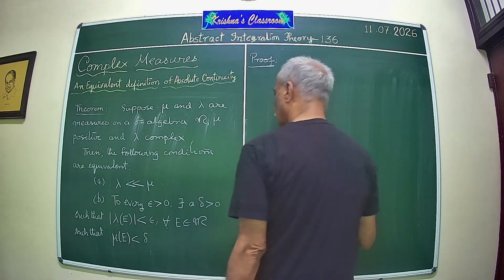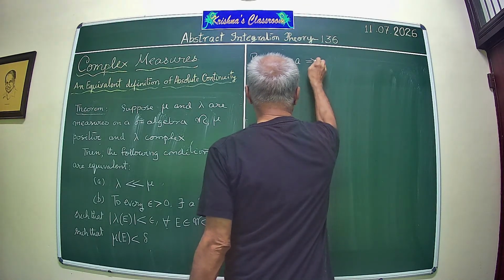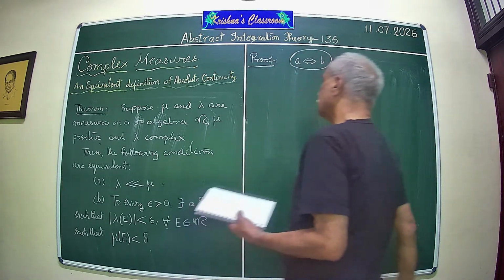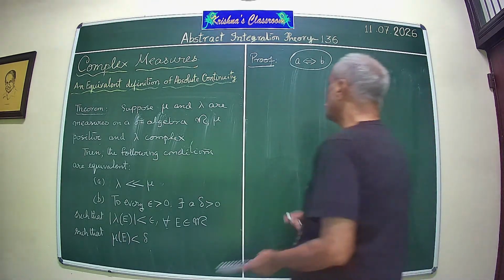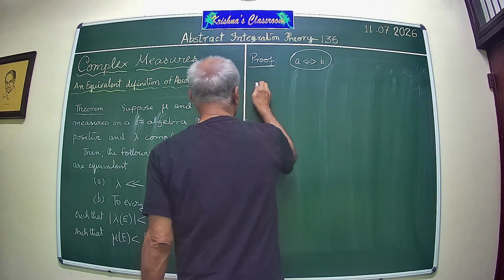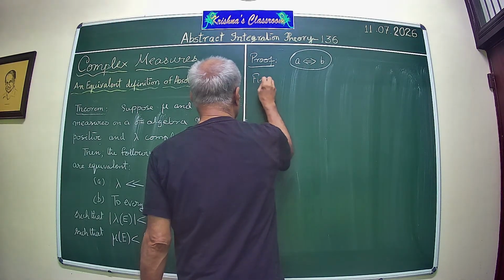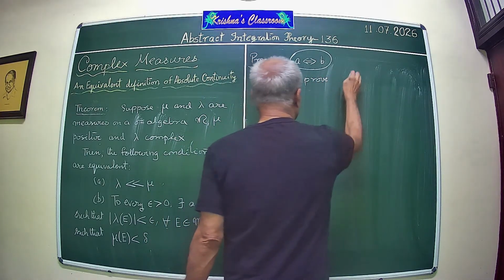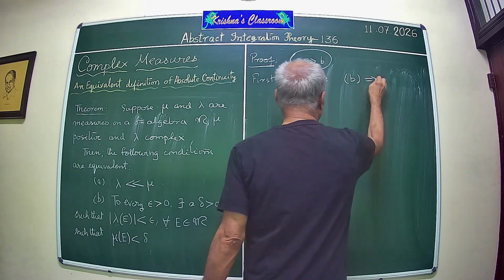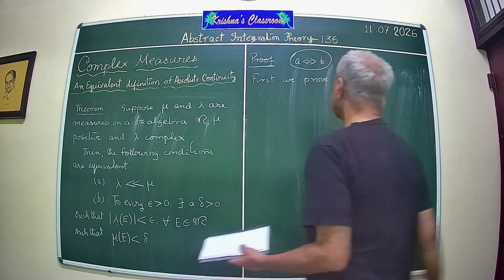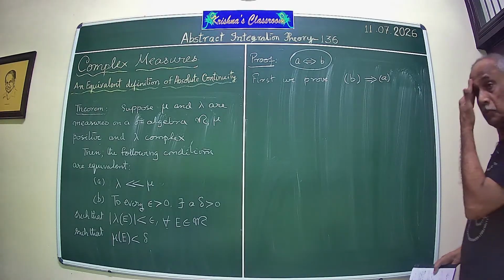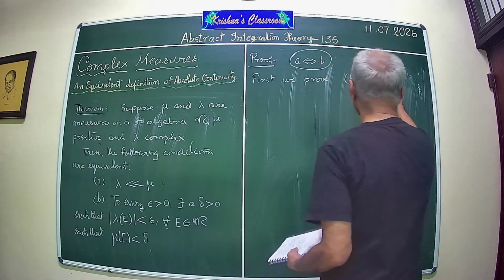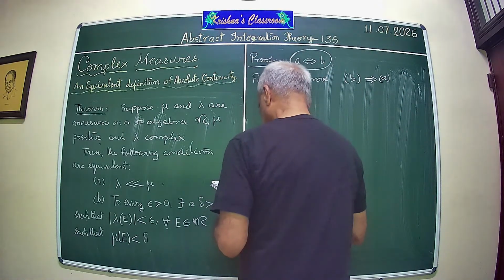So what we want to prove is this: this is our object. So we first assume, we prove B implies A, which is relatively simple to prove. Okay. So we prove B implies A. So assume